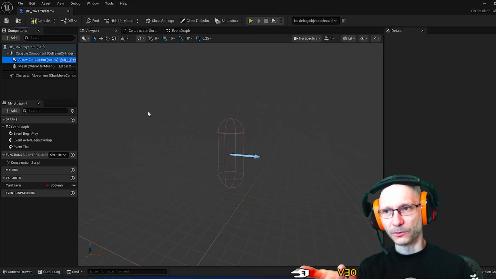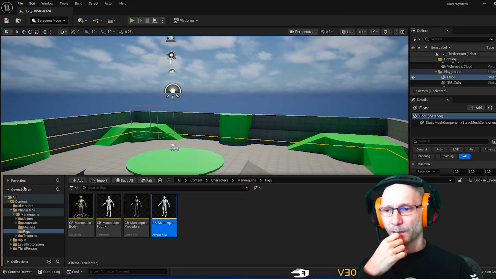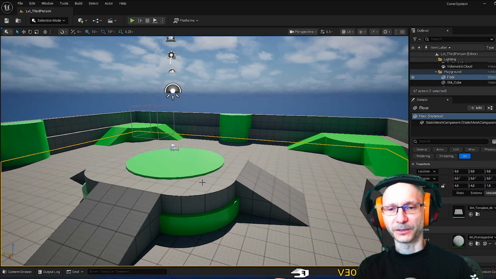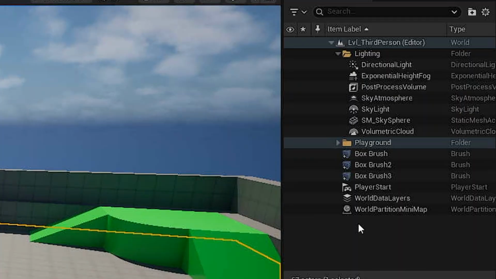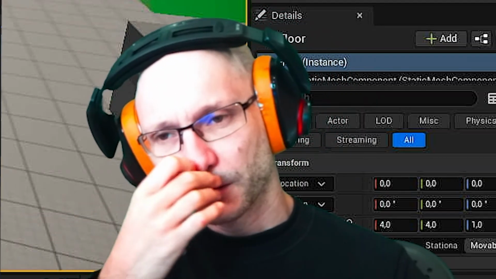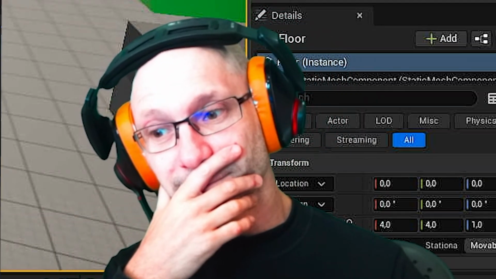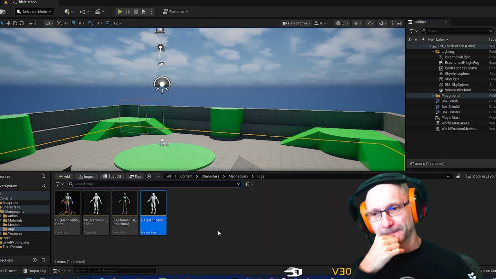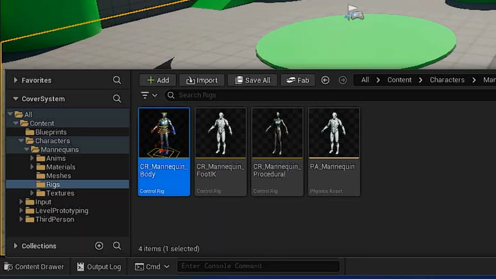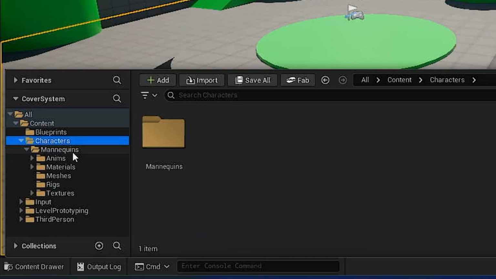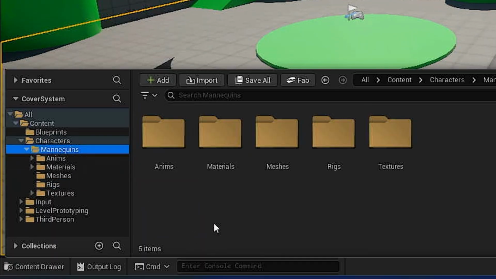Maybe for testing purposes we're gonna need some character. Why don't we have the character here? It should be somewhere. Oh, not in the outliner. Game development, it's easy, huh? Okay, we have a character. We have mannequins.